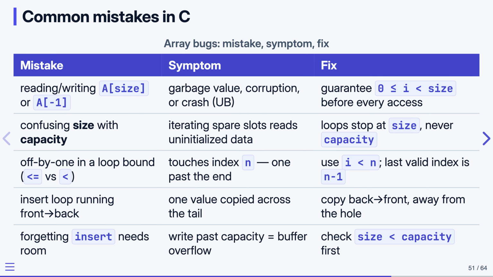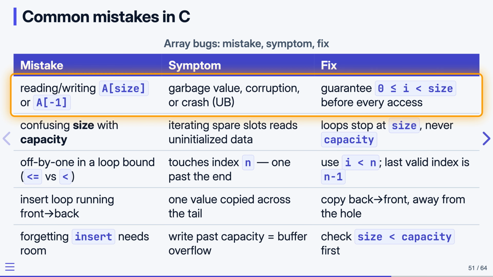Let's look at 5 common array bugs in C. For each one we name the mistake, the symptom you see, and the fix. First bug, reading or writing A at index size or at index -1. Both are outside the array. You get a garbage value or corruption or a crash. The fix is to make sure 0 is less than or equal to I, and I is less than size